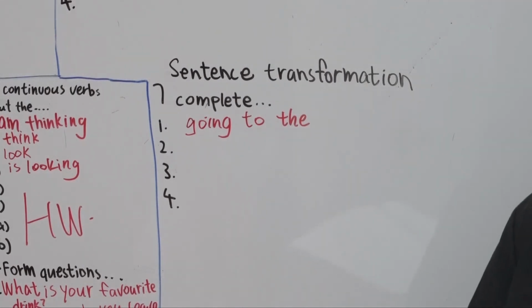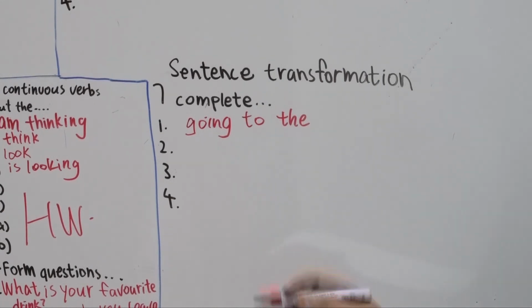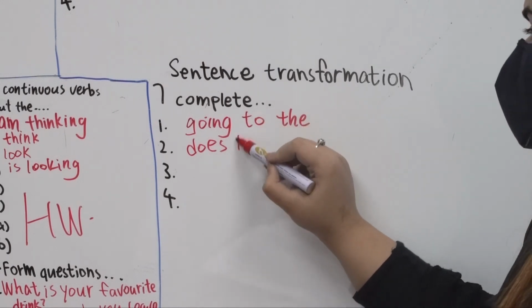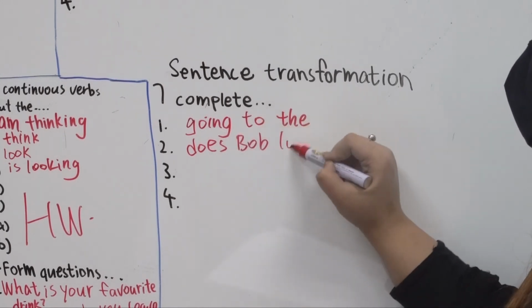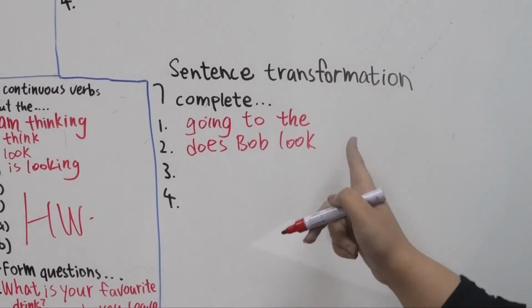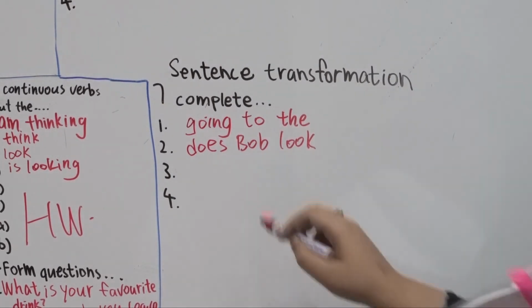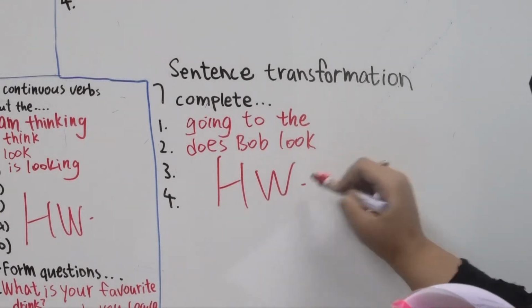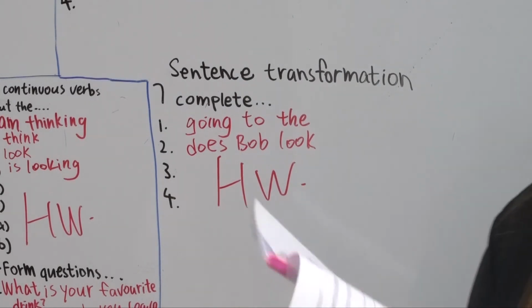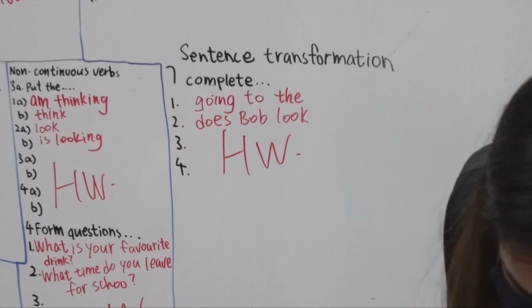Alright? 2. Describe Bob to me. Again, very easy. What does Bob look like? We have done this example in our book, right? So your homework is page number 2 and 3, alright? Workbook 2 and 3. And remember to do the speaking with your